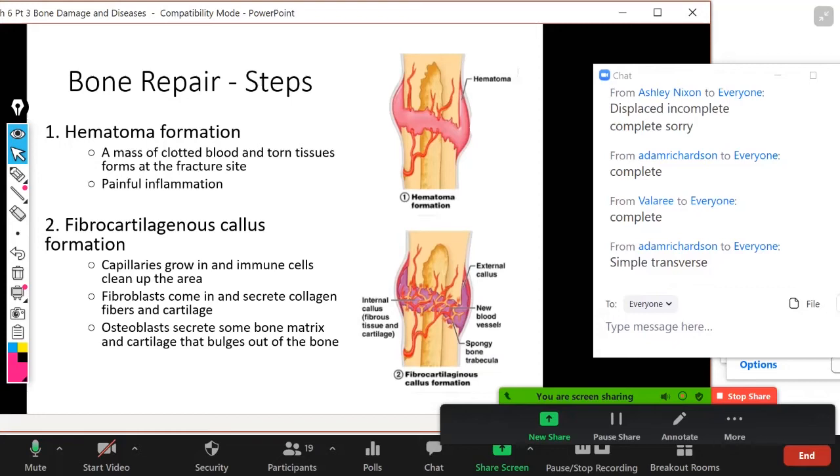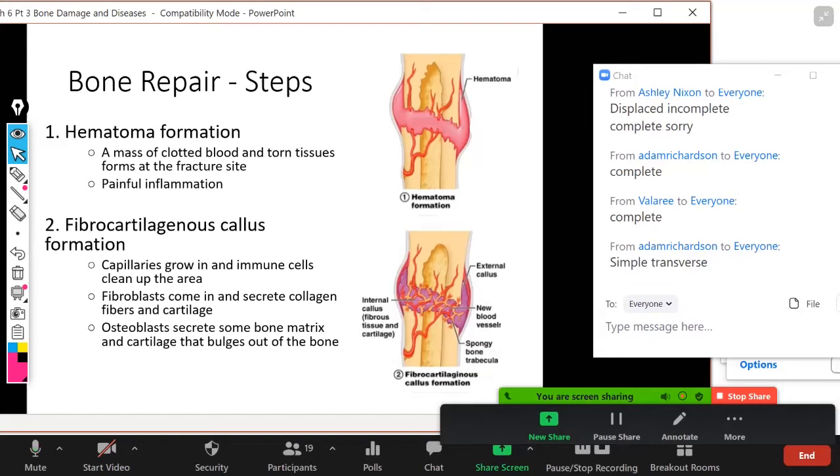If the periosteum is still in place, it will contain that area, and so you get a big lump on the bone. A lot of damaged tissue in there, a lot of inflammation, a lot of water and blood retention in that area. So the immune system will come and start cleaning up this area. Now, eventually, depending on how bad the break is,